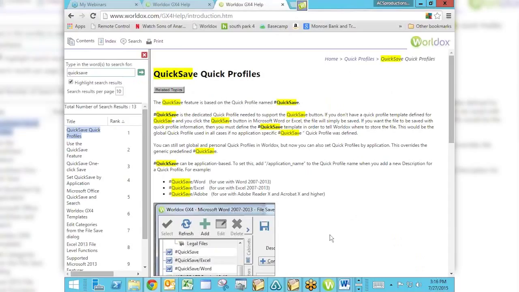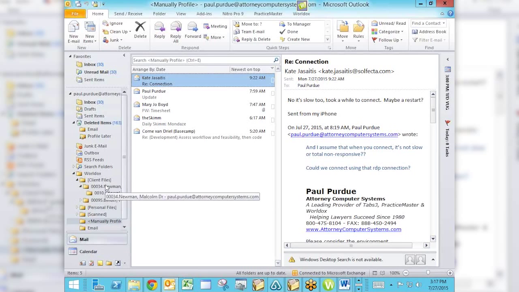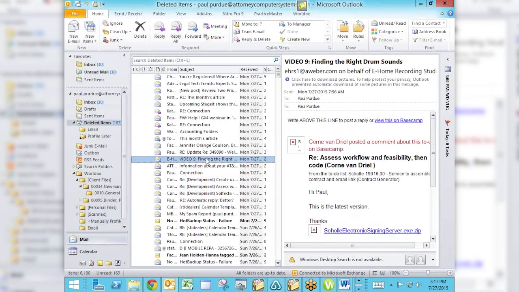I'm going to talk about something that also kind of relates to QuickSaves and has also made that simpler. If you've used Worldox in the past with Outlook, you know that you can create these folders over here to represent your clients and their matters. And what you have to do is create these. You have to know how to create an email-based quick profile. But once you do, it's very cool because you can then take, I'm going to take a deleted item and